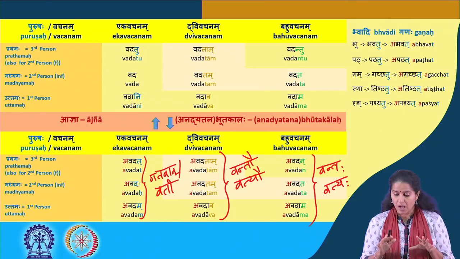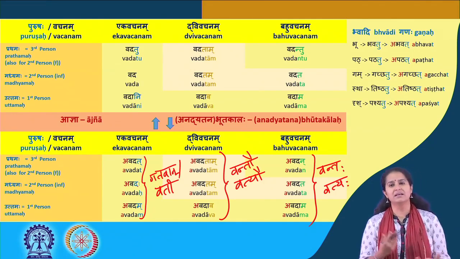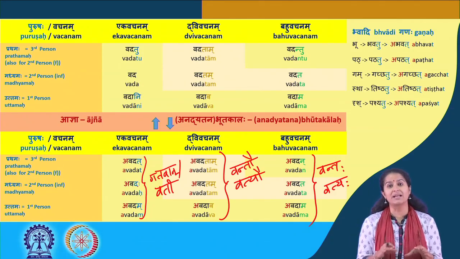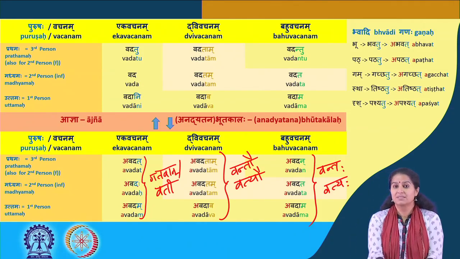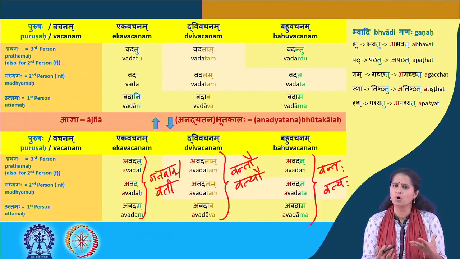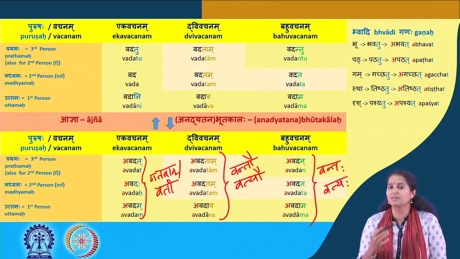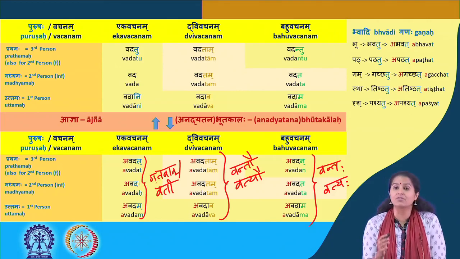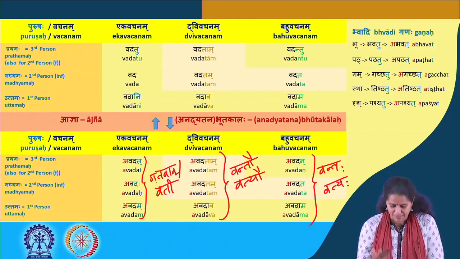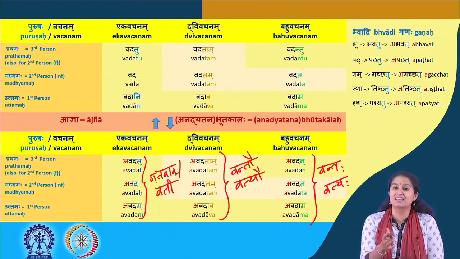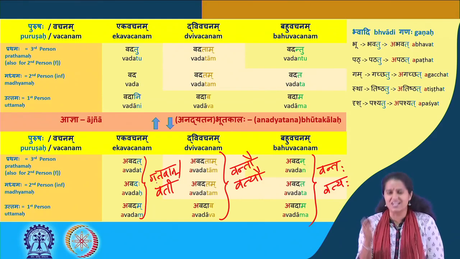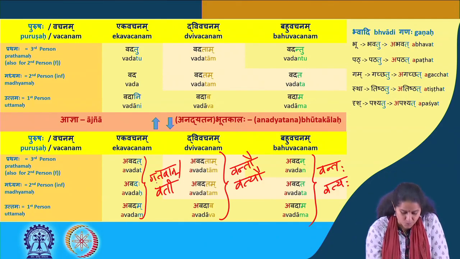Alright. So I'd also like to mention here that when we did the introduction to basic spoken Sanskrit, I did not enter into the Bhutakala too much because it has these variations that are a little more complex than the simple past forms that we learnt. So tatra kim vayam drishtavantah? So what did we see there? Instead of saying vadati, avadat in the past tense, we said uktavan, or instead of saying agachat, we are saying gatavan. So what do we see there?